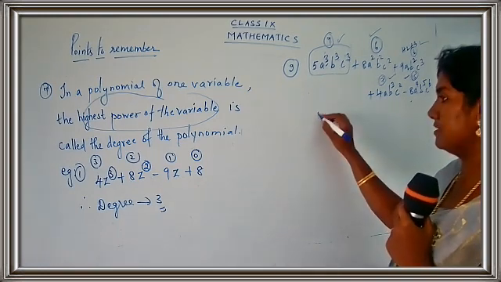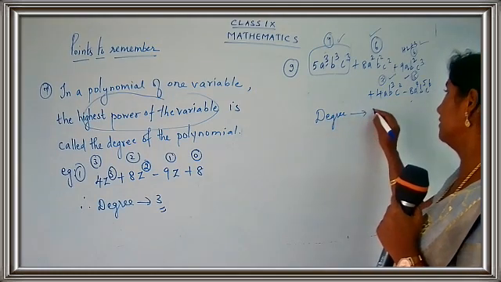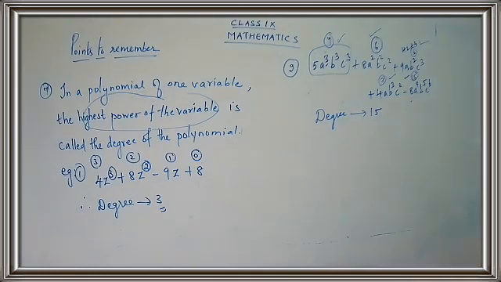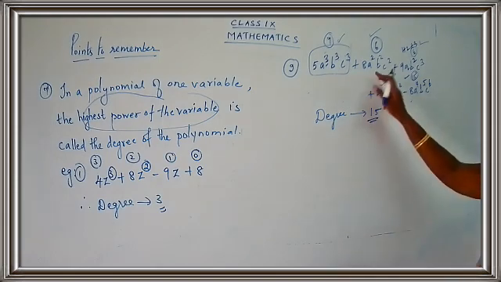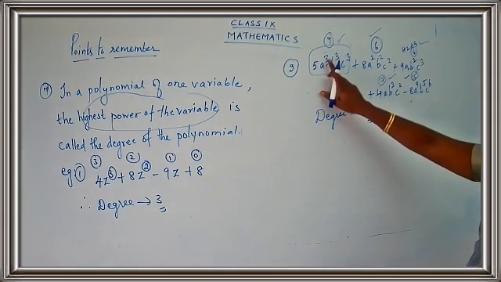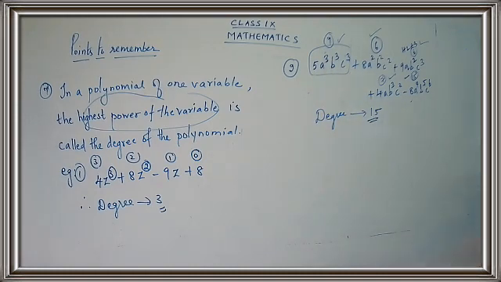So we have to write down the answer. Yes. Just put here degree. Because when I just compared all the terms, I got the bigger number as 15. That is the highest power as 15, and this highest power is called as the degree. So the answer is, write down the terms carefully, children. It's 5a cube b cube c cube plus 8a square b square c square plus 9a b square c cube plus 4ab cube c cube minus 8a raised to 4 b raised to 5 c raised to 6. Copy down the questions properly.